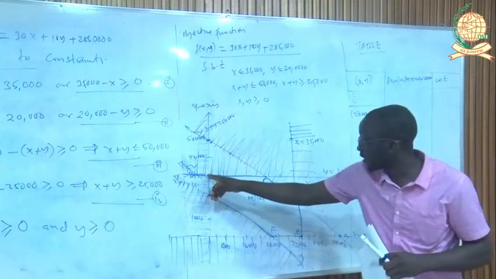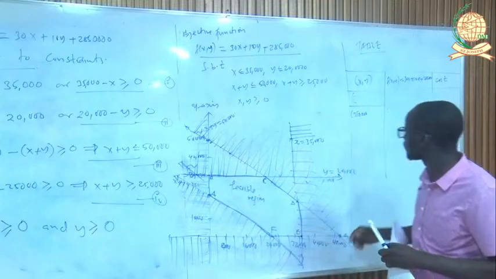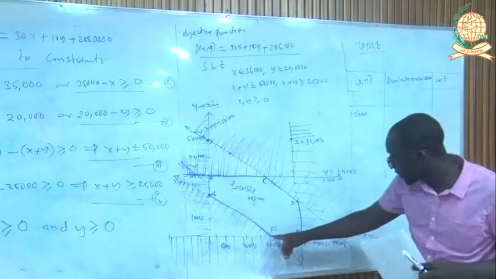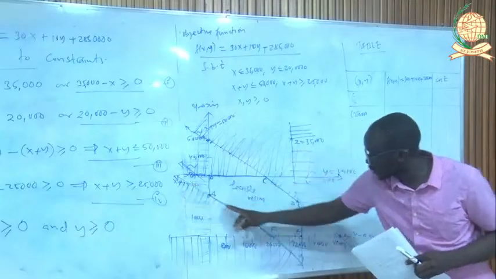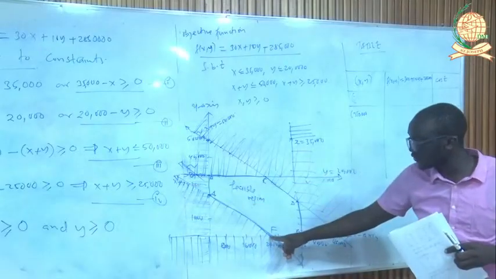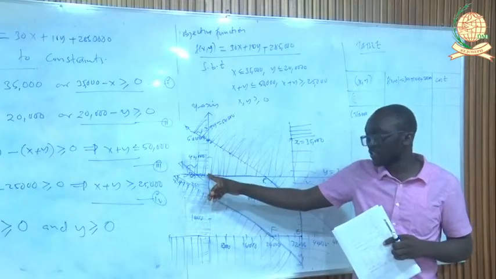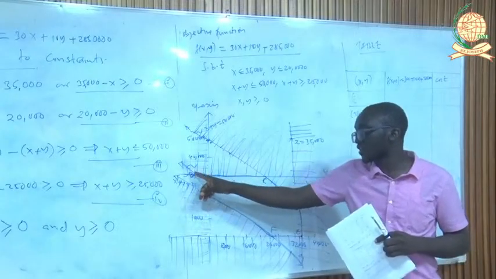From this line here, the value of x is 0, then the y is 20,000. So for this point here, it is that line which is x plus y is 25. So here it is 25,000, 0, and here it is 0, 25,000. Here it is 0, the value of x, but the value of y is 20,000,